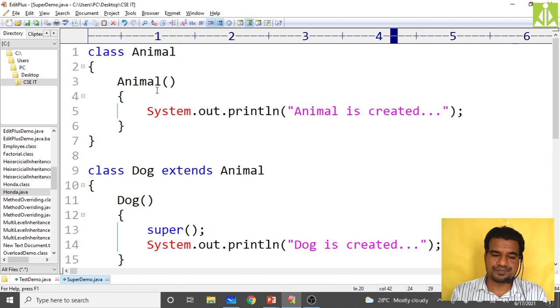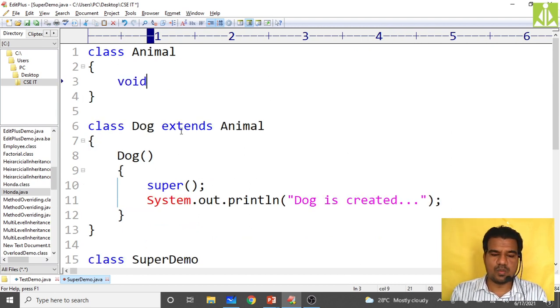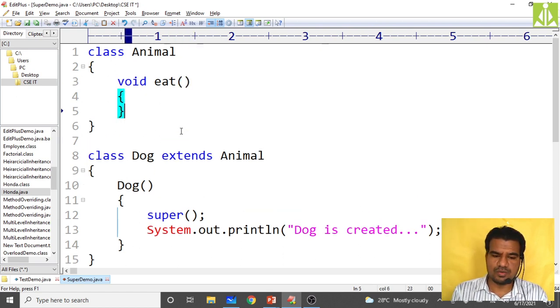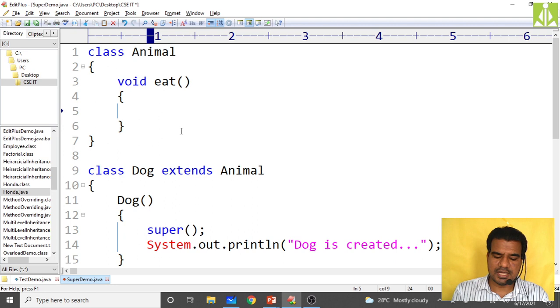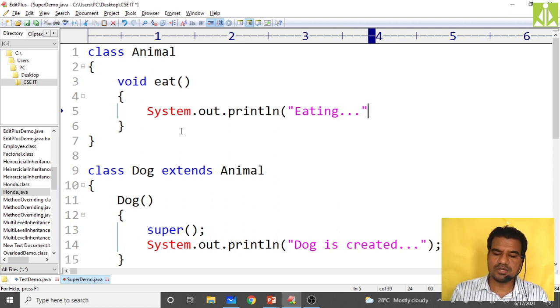So here, just remove this one. Take void eat off, and inside this you put System.out.println of "eating 1 2 3..."